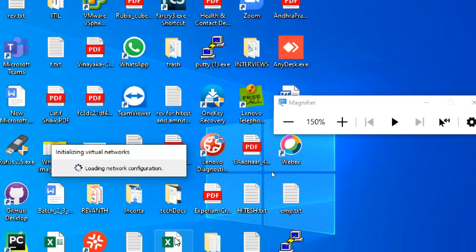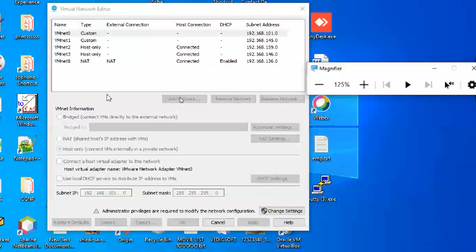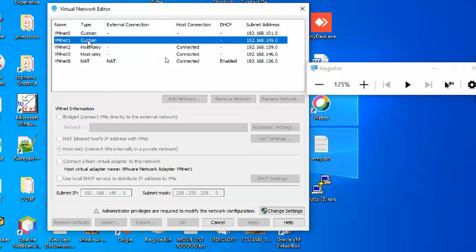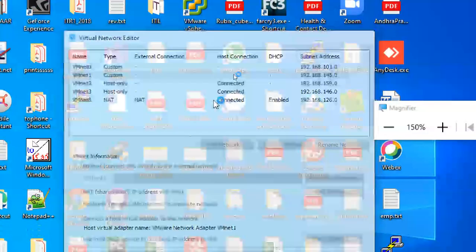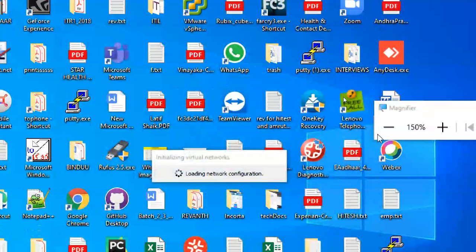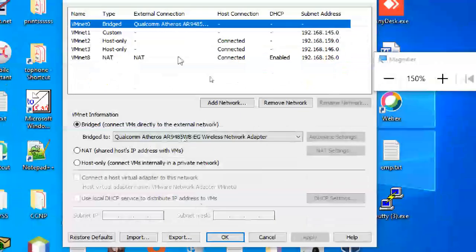When you use VMnet 1 or VMnet 2, DHCP services will also work. So go to VMnet 1, for you VMnet 1, right? Change settings and click on it.